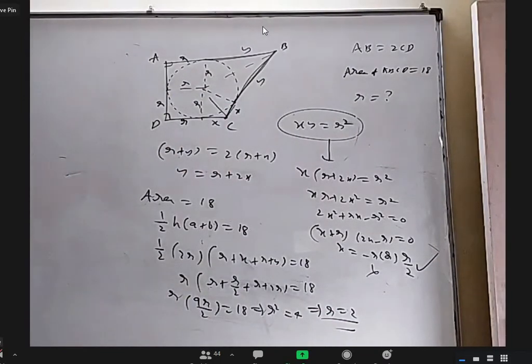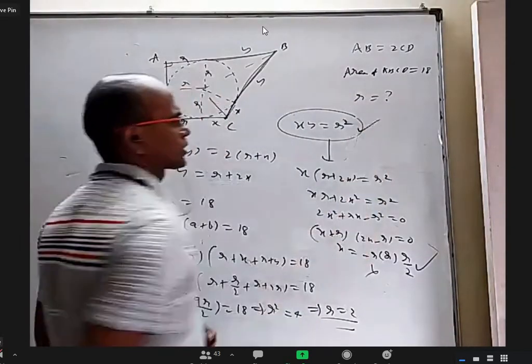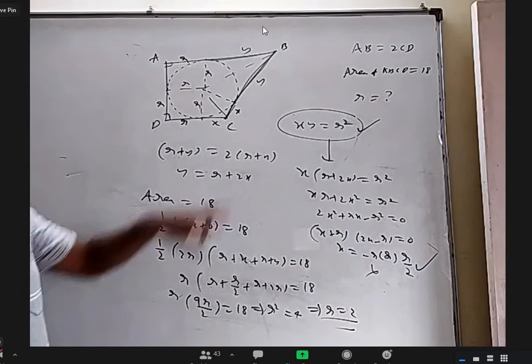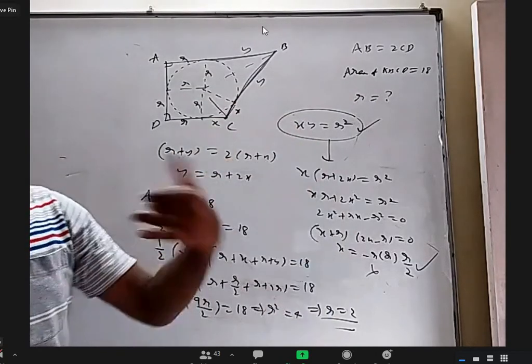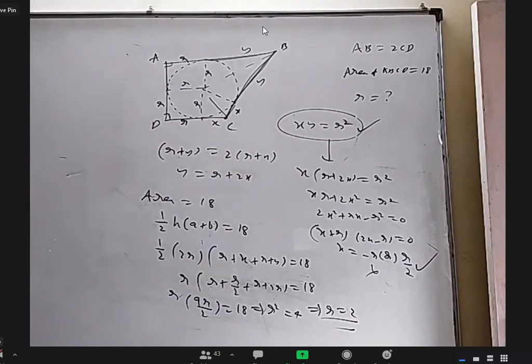Here the only thing that we used in circles is mainly this xy equal to r square. I said that x into y equal to r square we can prove by coordinate geometry. I also told how to prove it by simple Pythagoras theorem and some similar triangles. So in that way it's connected to circles. But otherwise this is a past year advanced question and given in other exams too.